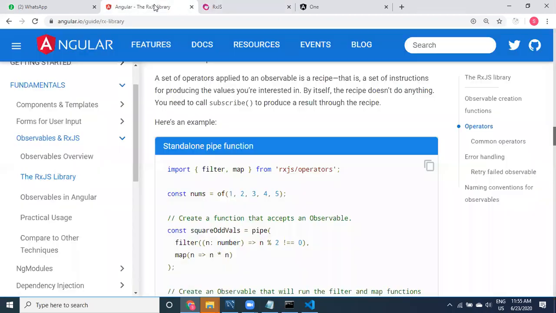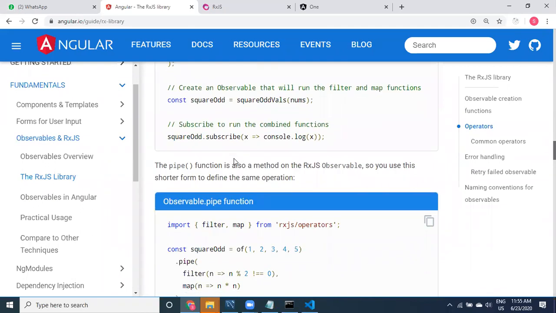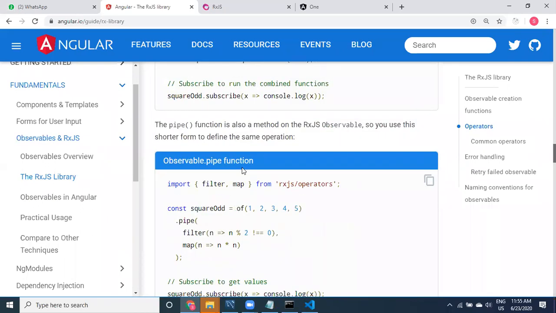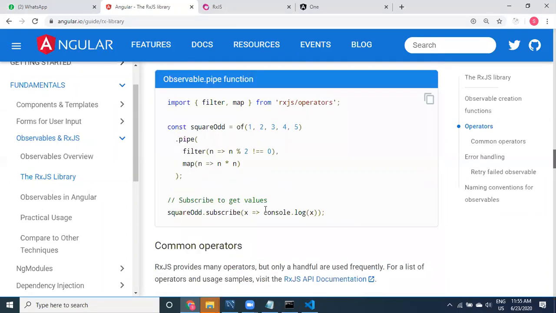If I show you only what is in the Angular documentation, you feel like RxJS is related only to Angular, but it is not like that. The RxJS API is used by Angular, so if you learn RxJS directly, it is very easy to implement whenever required. You can refer to the documents whenever required.